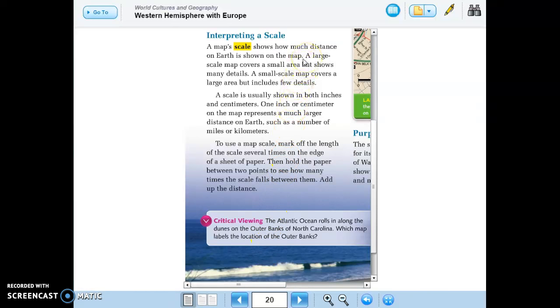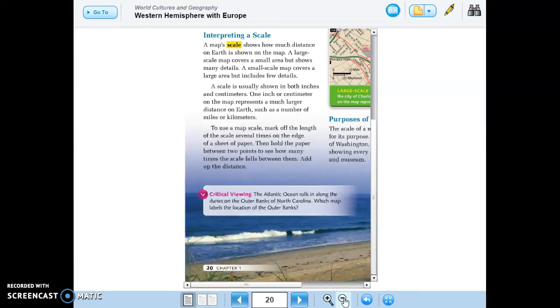Here it tells us that a large scale map covers a small area but shows many details. A small scale map covers a large area but includes few details. That can seem a little bit confusing and backwards. Let's look at it